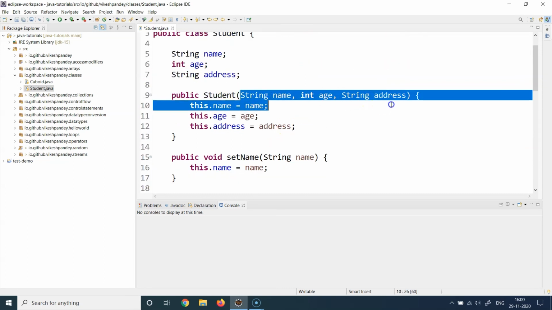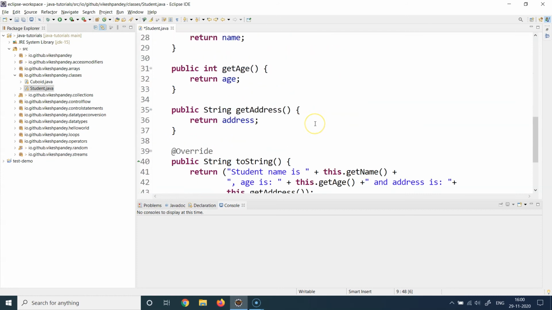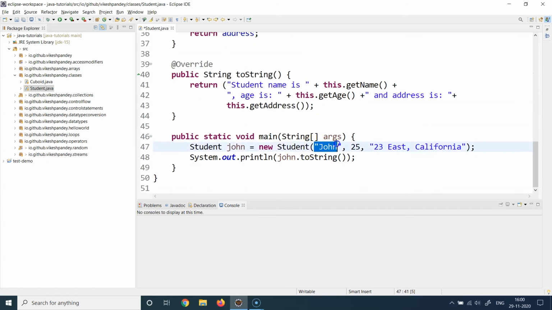Here we have three values: string, integer, and string. And here also we are supplying three values: string, integer, and string again. So remember to match this exactly with one of the constructors available in the class. If it doesn't match, it is going to fail. It will not work.